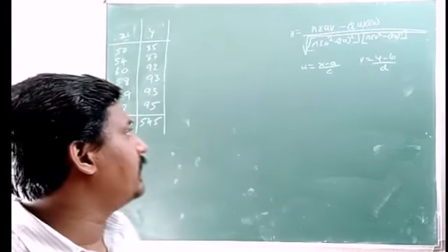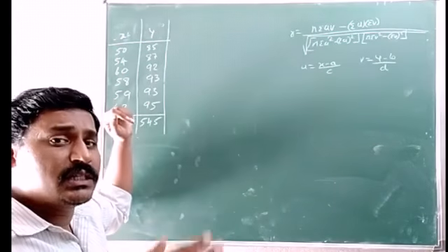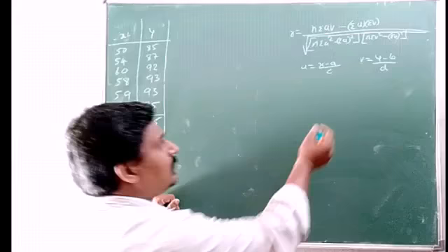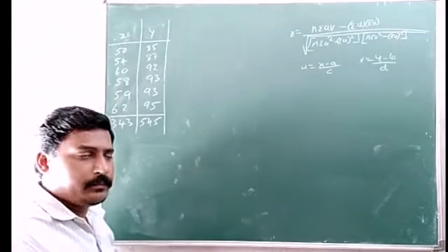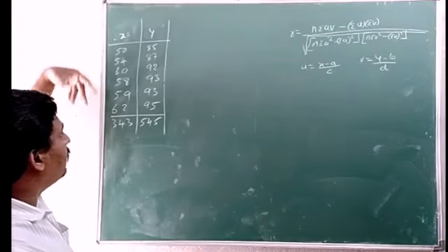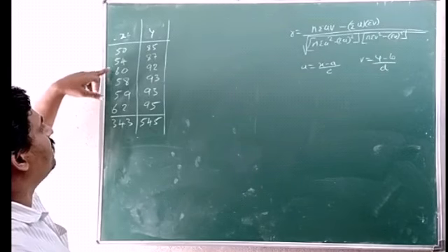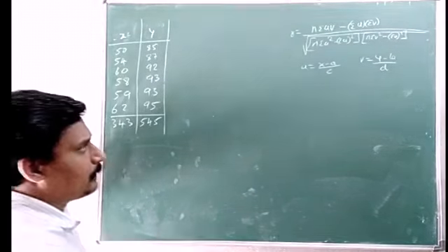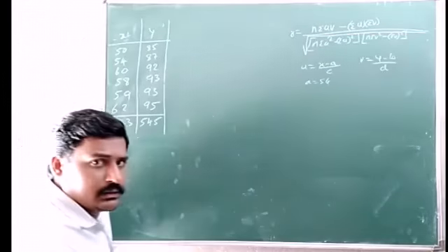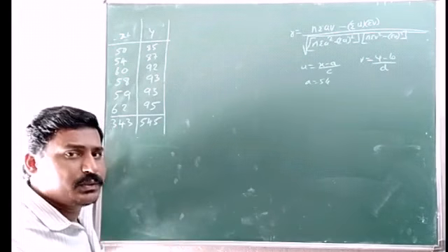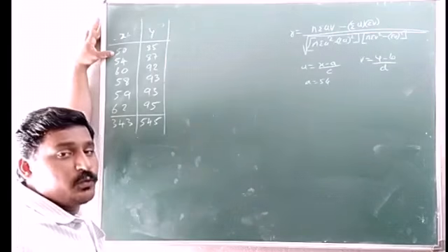Okay, so here first let us take A, then we'll check whether we go for a C or not. So or else we just leave C or take C as a 1 only. So here in the given data here, I will take 54 as A. So here A is equal to 54, I will take. Just check, just the difference will check. Okay, 50 minus 54, we get minus 4.